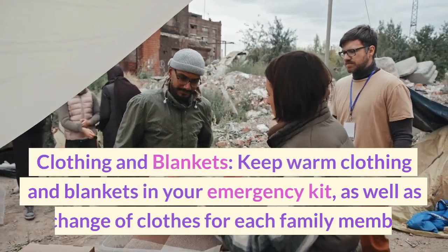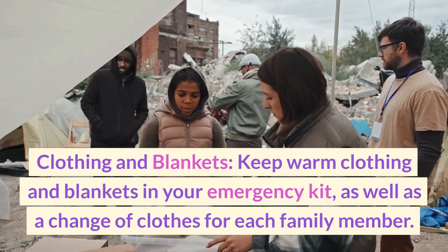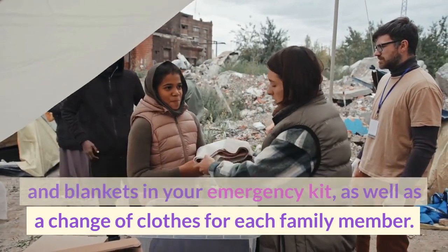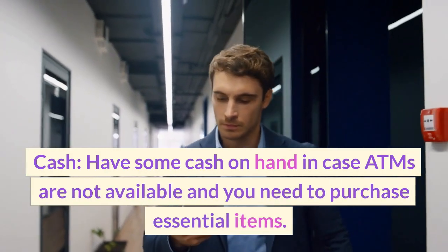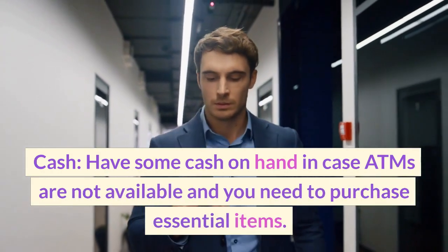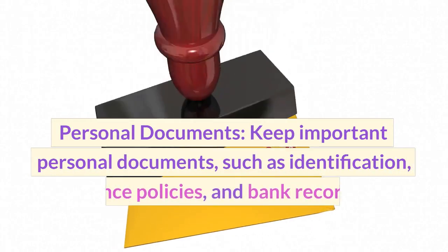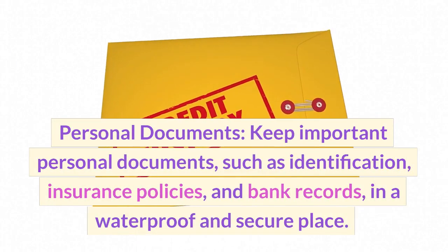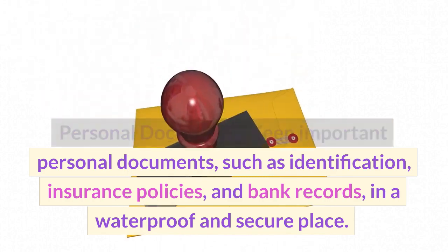Clothing and blankets. Keep warm clothing and blankets in your emergency kit, as well as a change of clothes for each family member. Cash. Have some cash on hand in case ATMs are not available and you need to purchase essential items. Personal documents. Keep important personal documents, such as identification, insurance policies, and bank records, in a waterproof and